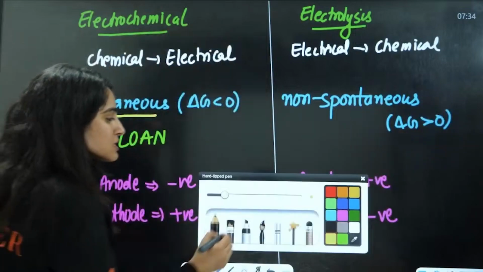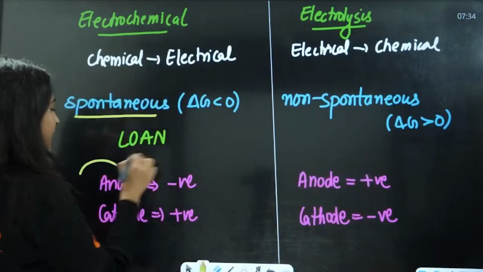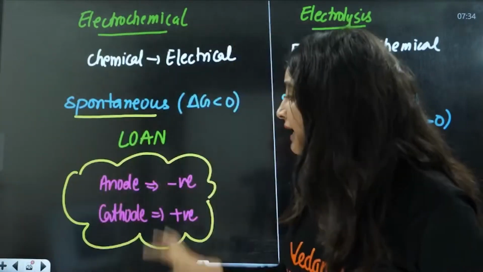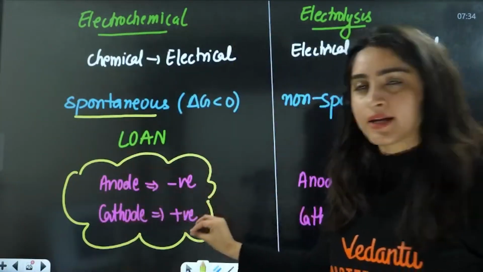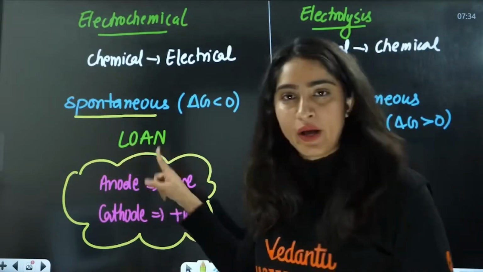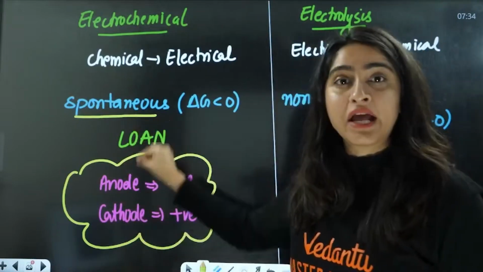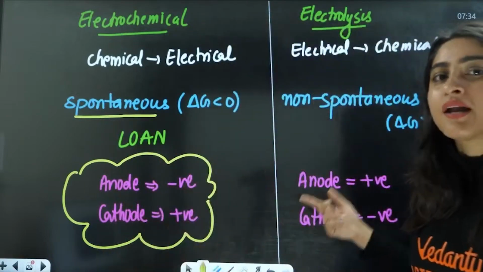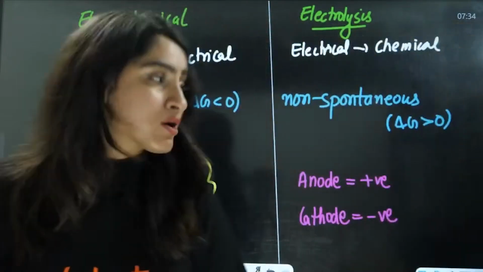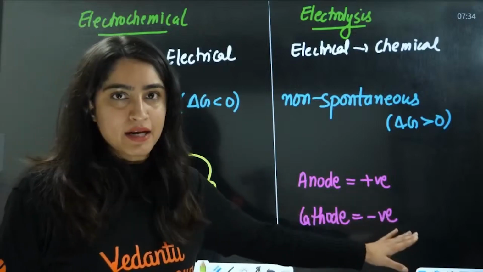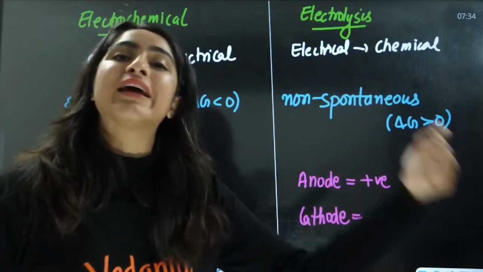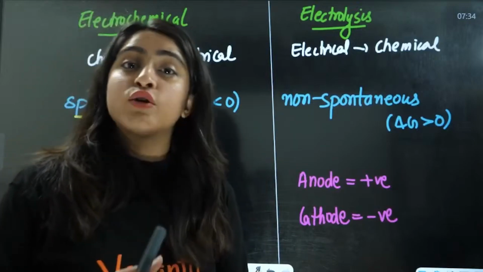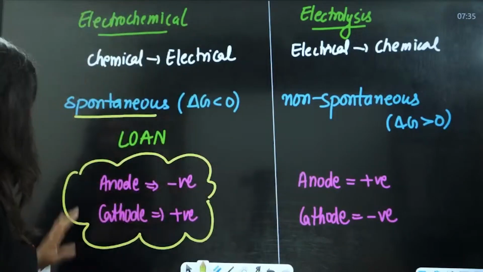Now, this is very important, as usually students mark this wrong. Very important thing here, that anode here is negative, cathode here is positive. How do we learn this? LOAN, that is loss of electron, oxidation, anode. Anode is the negative electrode. Here things are opposite. Here anode is the positive electrode and cathode is the negative electrode. This is like electrolysis of molten NaCl, electrolysis of copper sulfate solution, electrolysis of NaCl. All these things.